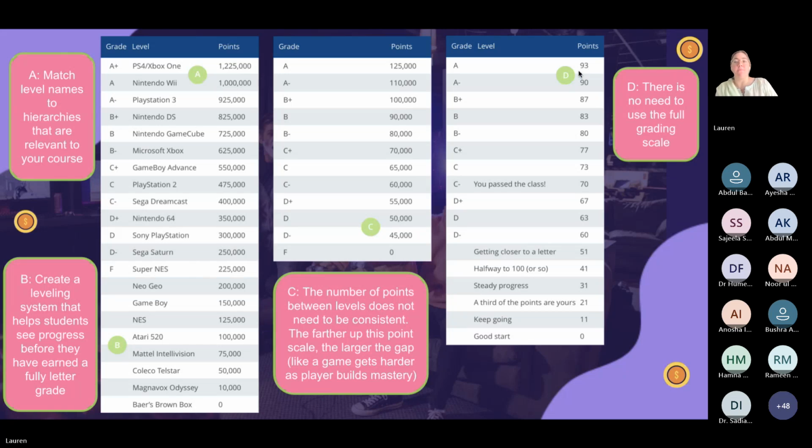So in terms of points, you may not cap at 100, you may cap lower, or you may cap much higher and make the assignments worth different amounts of points. In any case, however many points the assignments are worth, students should be able to see where they are on this scale to some degree.